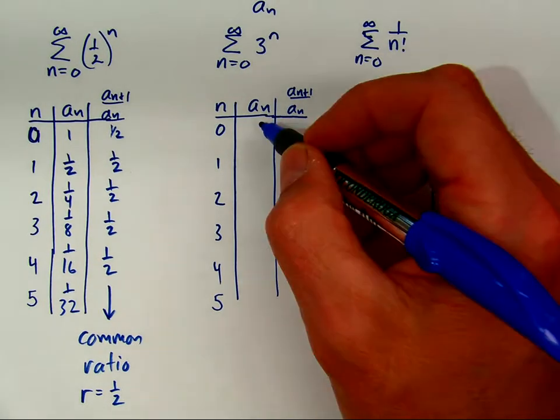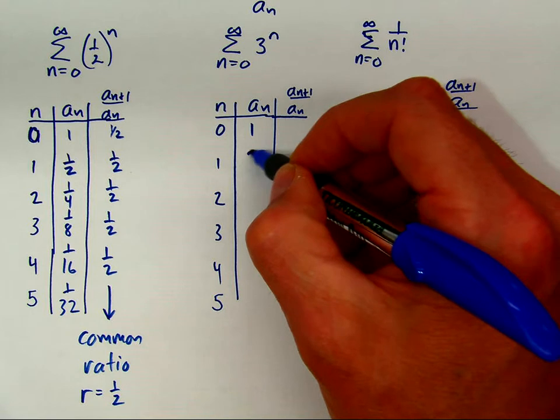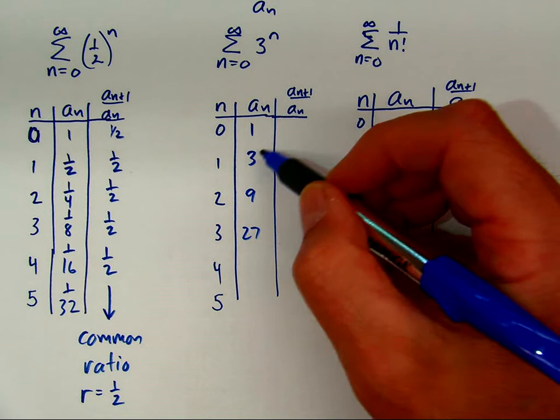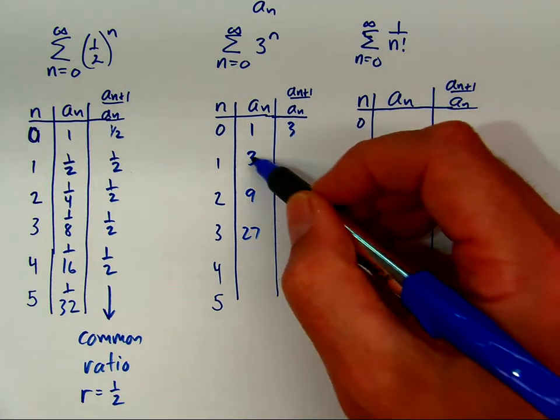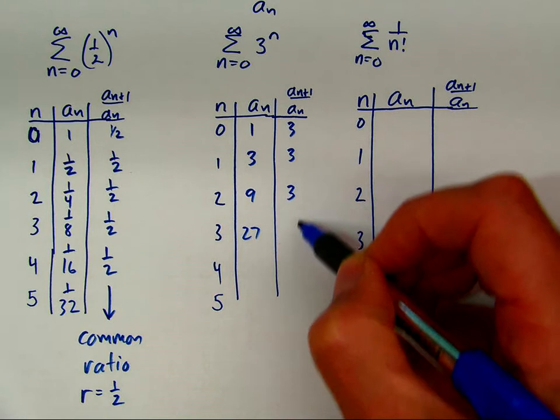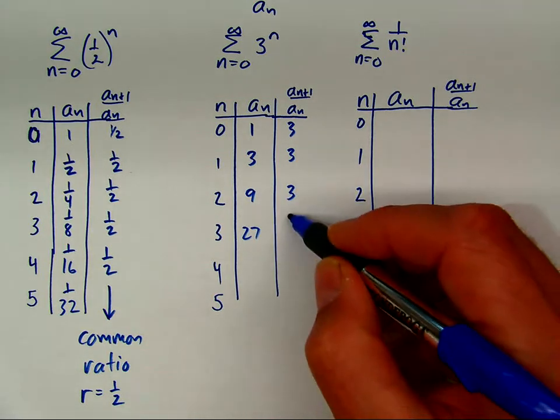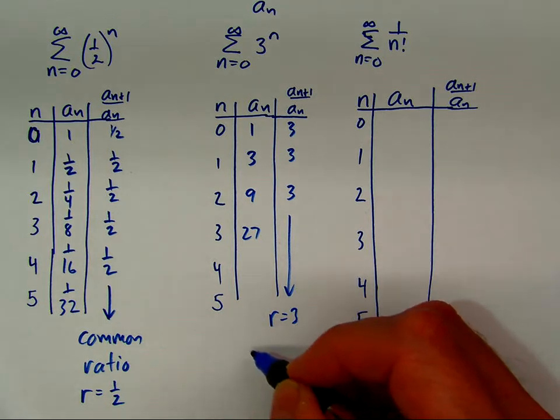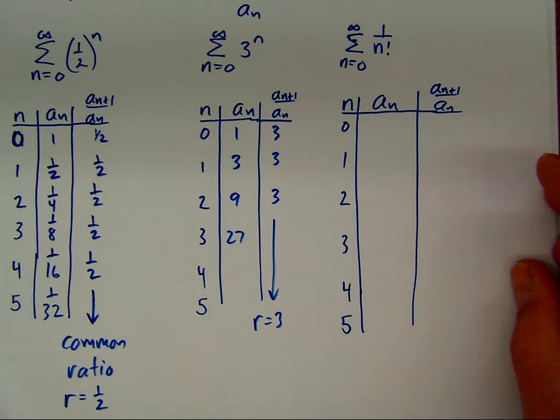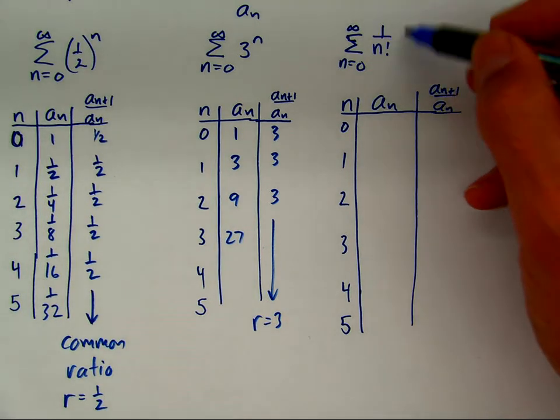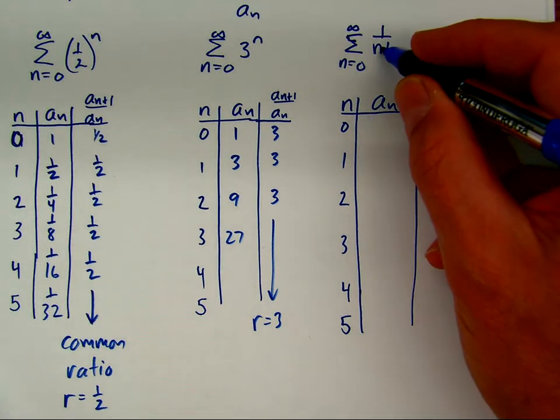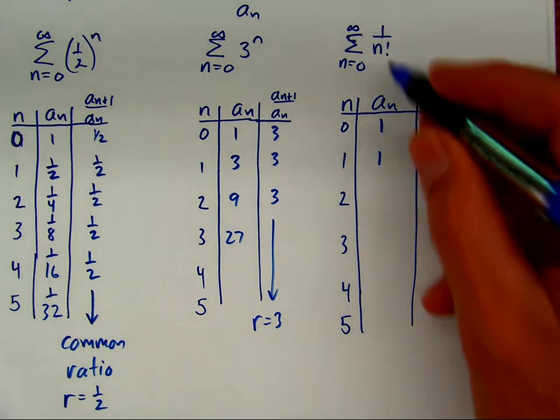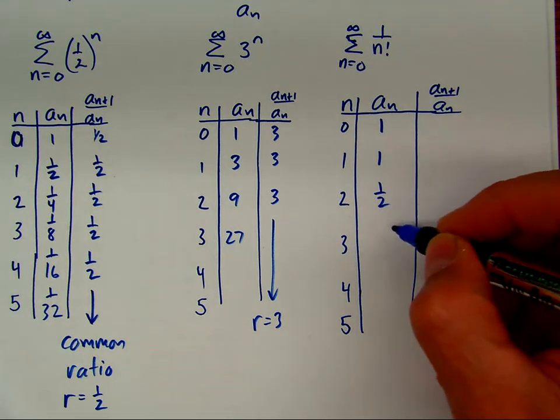And then we look over here, we'll have 1, 3, 9, 27. If we look at this ratio, 3 divided by 1, 9 divided by 3, 27 divided by 9, and here we have a common ratio, but it's greater than 1, so we know the series diverges. And now let's look at this. When we put a 0 here, 0 factorial is 1, 1 factorial is 1, 2 factorial is 2, and 3 factorial is 6,